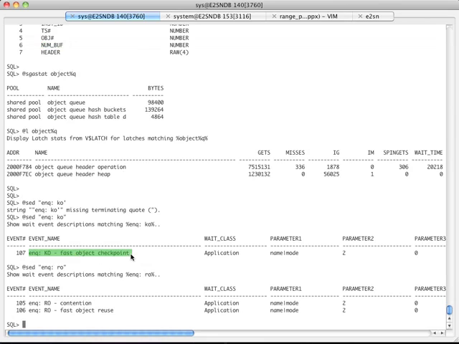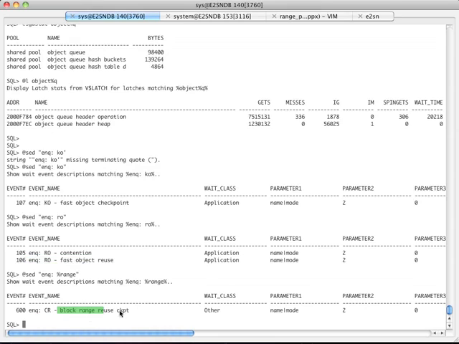So whenever you have the fast object checkpoint wait event or fast object reuse, and there is also one more, block range reuse checkpoint. This is 11.2.0.2, I think. They make the checkpointing even more fine-grained. But basically, when you see these wait events, they usually happen before you drop an object, or truncate an object, or even alter table move, and also before